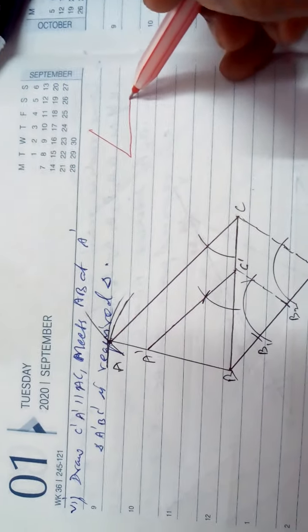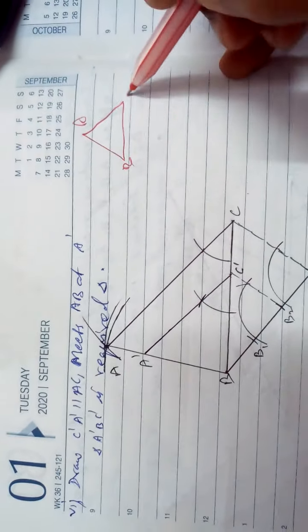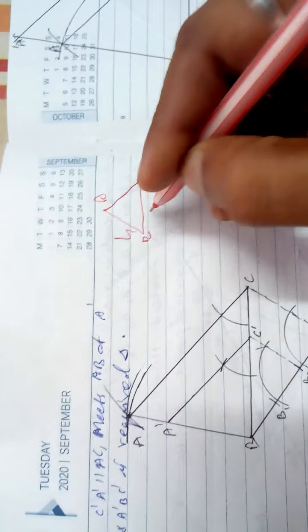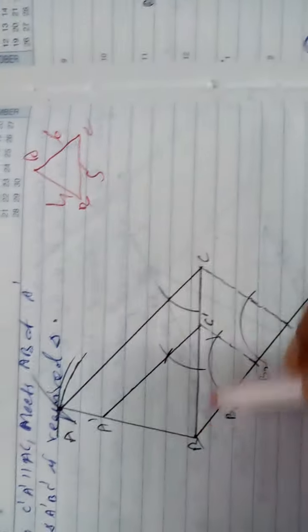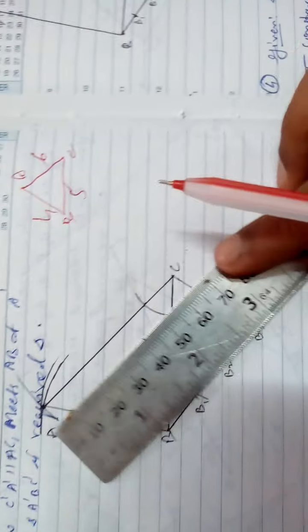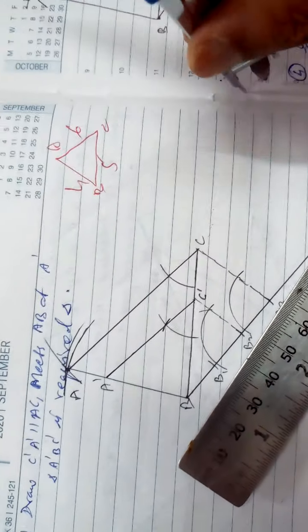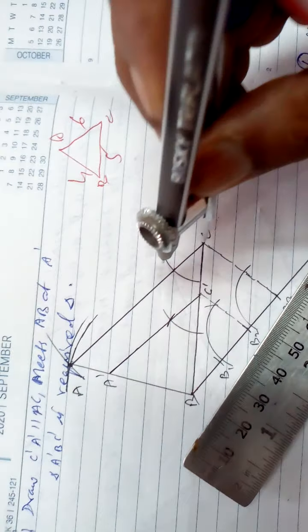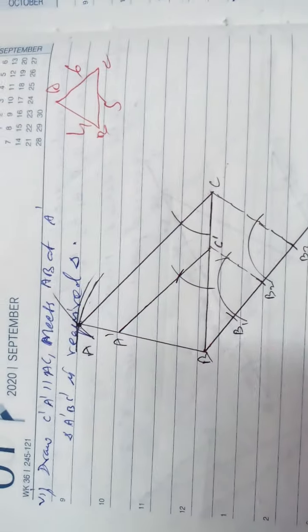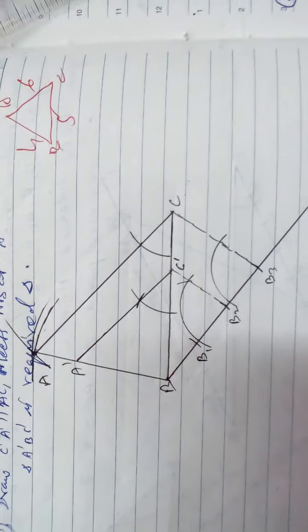5 centimeters I have drawn, 4, 5, 6. Draw a rough figure, and then according to the rough figure, what is given: 4, 5, 6. So 4 centimeters, 5 centimeters, 6. I have drawn 6 first. What is 5? Then from here I have marked 1 arc by compass, drawing the triangle. From the first arc the triangle is over. Then construction starts. Draw a ray BX.